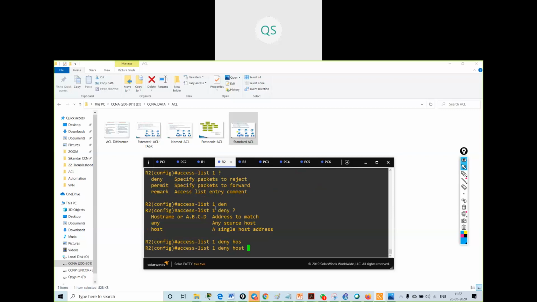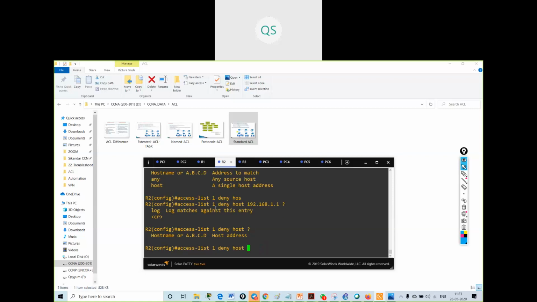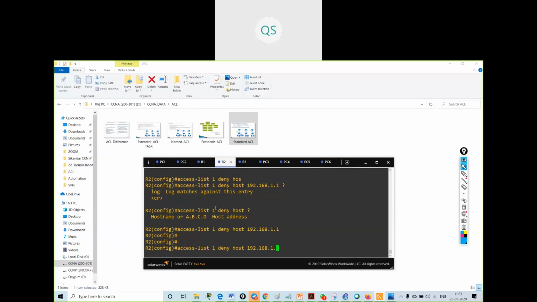What is the host IP? 192.168.1.1. So this is the command: deny host 192.168.1.1.